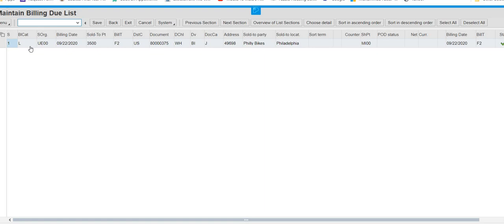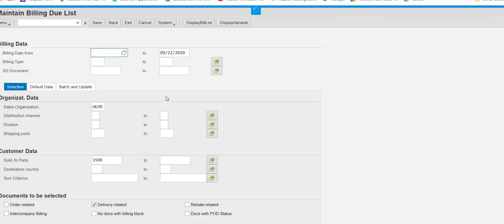So in this step, nothing to do further. We can go out from this; no need to press save or anything. You can just go out from there. Even if you press save, nothing will happen. So you will go out by pressing exit. And now the last step is left.